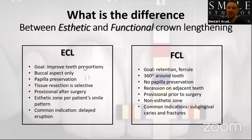So what is the difference between doing a crown lengthening for a natural tooth and a crown lengthening for a tooth in which you are going to place a veneer on? As we already discussed, we need to do a prosthetic plan, mock-up and wax-up. But the 3 millimeter that we need to cut bone depends. If it is a natural tooth, we will measure it from the cervical line and 3 millimeter. If it is a veneer or crown, the margin of your restoration, future restoration, should be away from the bone